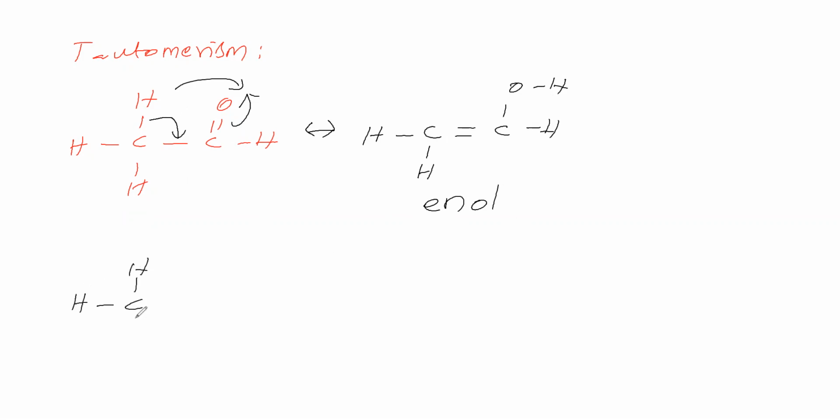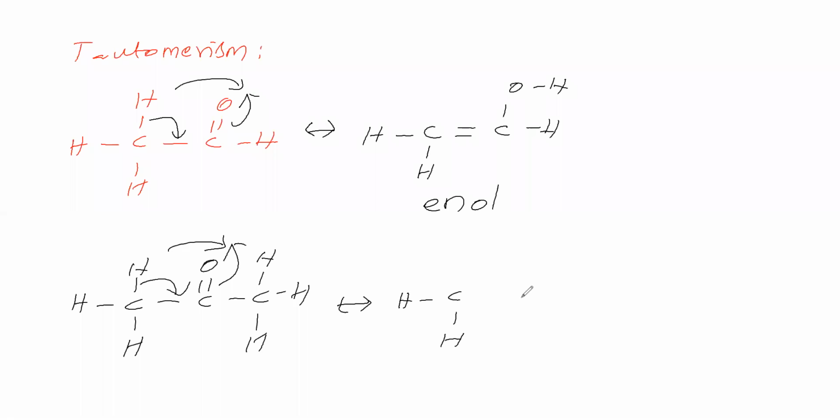Now we will take ketone, suppose acetone. For this acetone also keto-enol tautomerism is possible. Here it is the alpha carbon because this carbon is directly attached to the keto group. This bond is coming here, this bond goes here, hydrogen comes here. Therefore we will get CH2 on the left side, a double bond, here COH, here CH3. So this is enol, and this is the keto group. So it is called keto-enol tautomerism. It is possible even for aldehyde. For tautomerism, alpha hydrogen should be there.